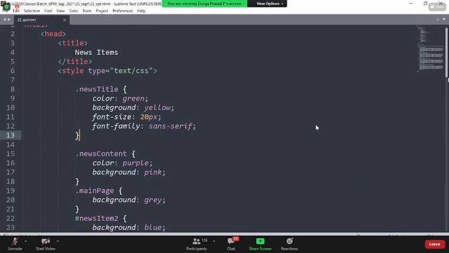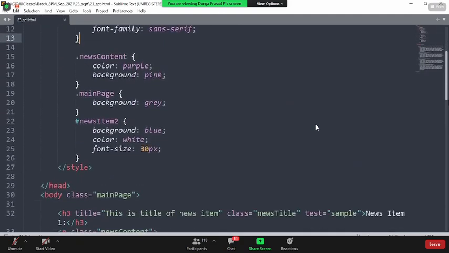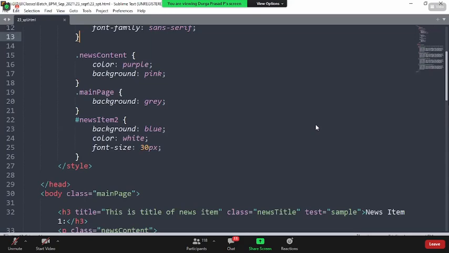We have seen the different ways we could create the tag, type of tag base. Say, for example, main page is there. I can even say this as a body tag, right? I don't need to give the class name also. Now you could apply the CSS in four ways.